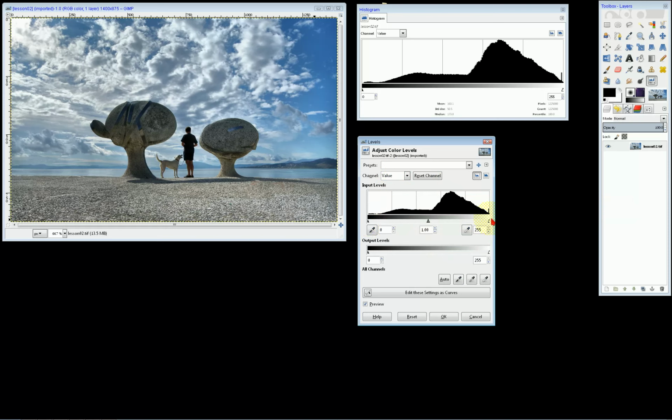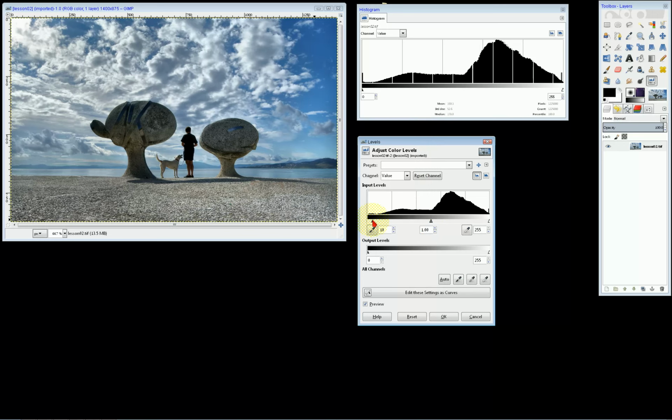On the horizontal x-axis, I have the pixel values from 0 to 255, and on the vertical y-axis, the relative quantity of pixels on those values. Still more, on the x-axis, I have three little triangles that I can drag freely. The black point represents the darker pixel value. The white point represents the lighter pixel value, and the gray point represents the middle value between the other two.